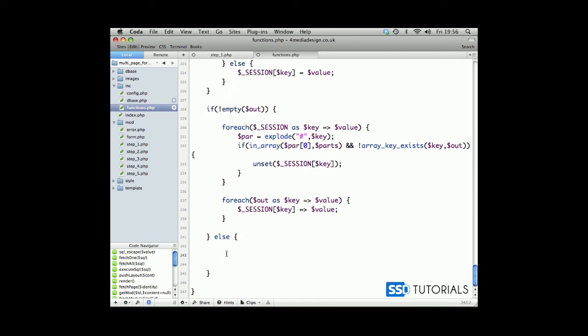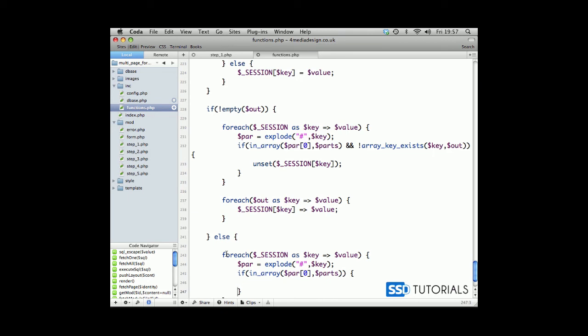Well, we're going to do another foreach loop, and now we're going to go session as key equals value, and inside of this loop, again the same thing, par equals explode, same symbol, and a key. We're exploding a key from the session. Okay, so if in array parameter 0 inside of the array parts,